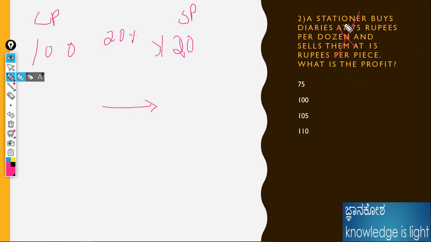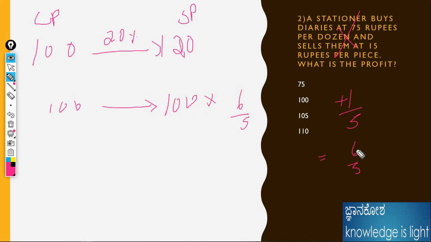See, from the table we already know 20% means 1 by 5, isn't it? 1 plus profit means plus 1. We need to add, so that means 6 by 5 is coming. What is the cost? Keep it as 100 here and multiply by 6 by 5. Why is 6 by 5 coming? Plus 1 is the profit percent. If it is 2 by 5, that means 40%. That means 20. I already explained the percentage topic. Please go and watch the video, definitely you will understand. Therefore 5 into 6 by 5, 5 into 20, therefore 120.